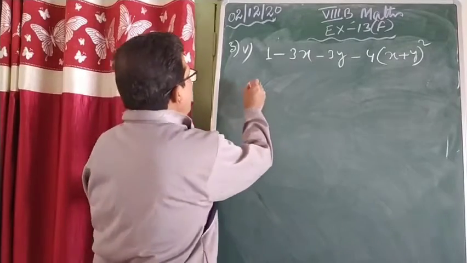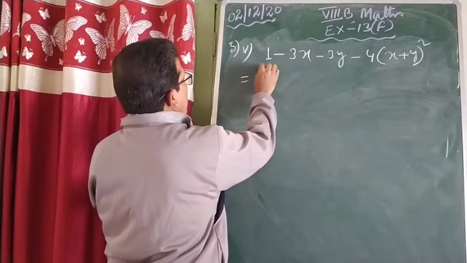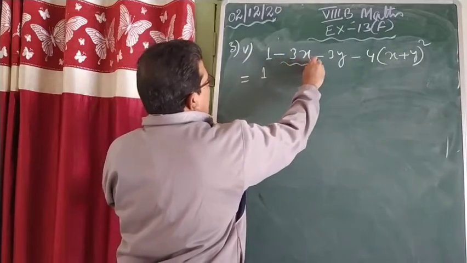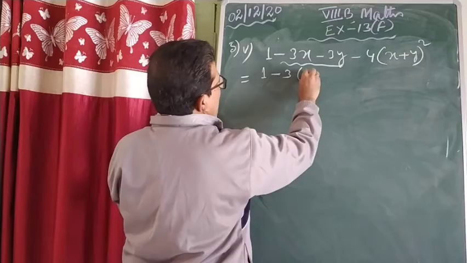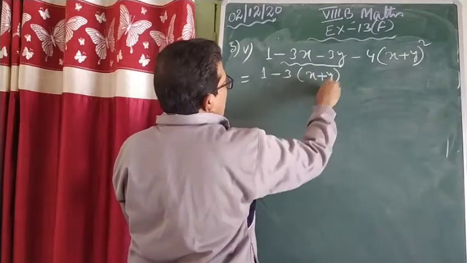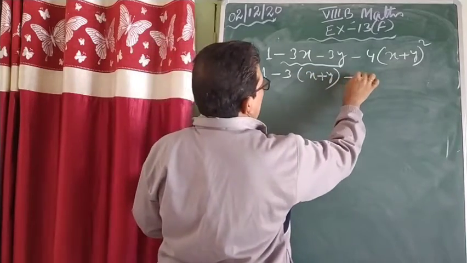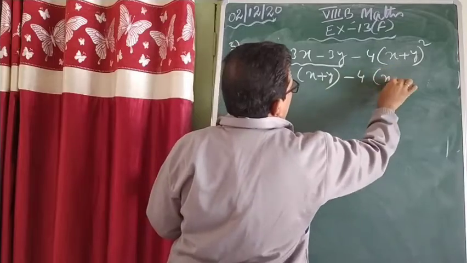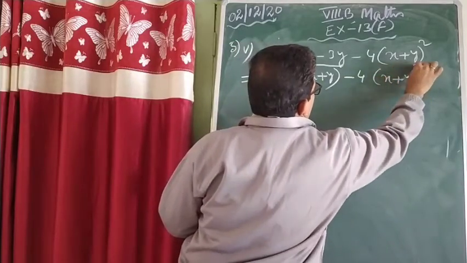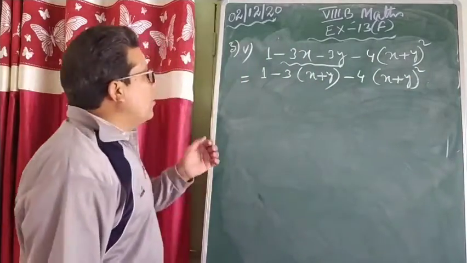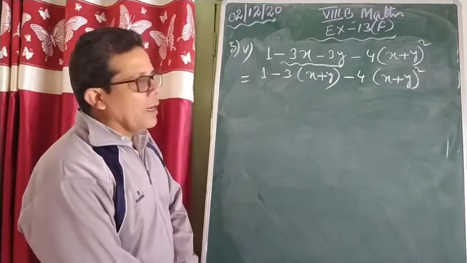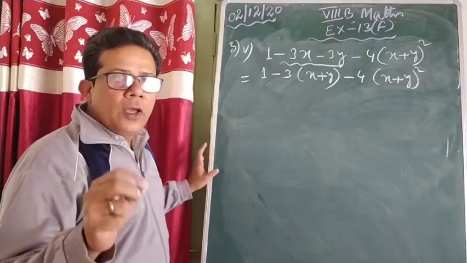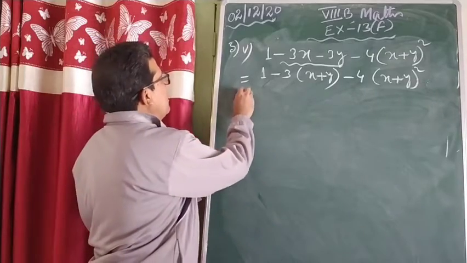So next I am going to solve the last problem for today's classwork, beta. This type of problem I have also done earlier. So I hope you are doing it. One beta. From these two I have taken minus 3 common. If you take minus 3 common, the result will come x plus y. Then here you put minus, then this will come x plus y whole square. Okay. Now when you have taken the common like in the previous math, is x plus y both the side bracket one same or not?